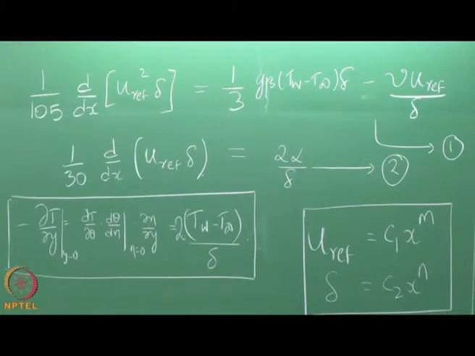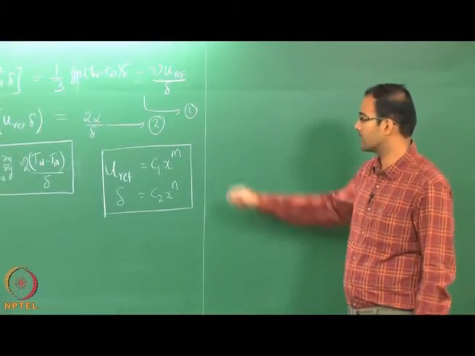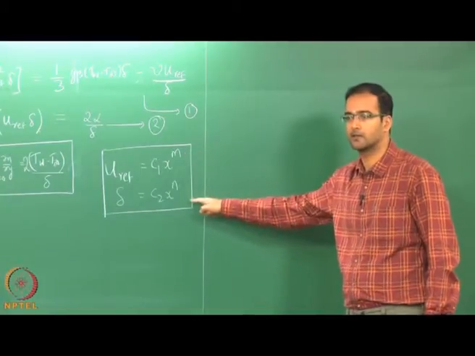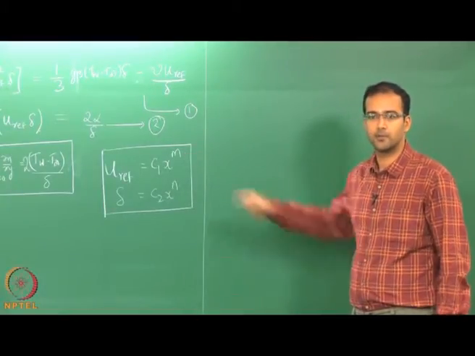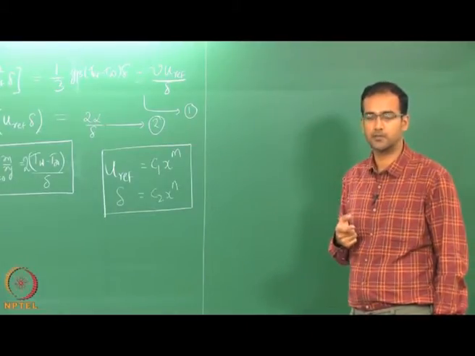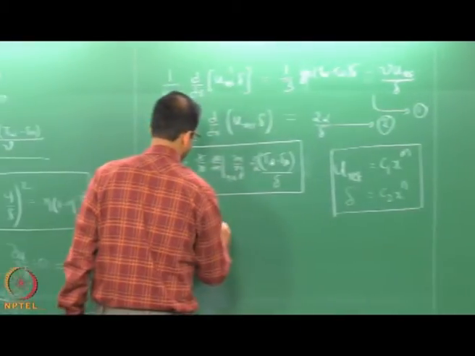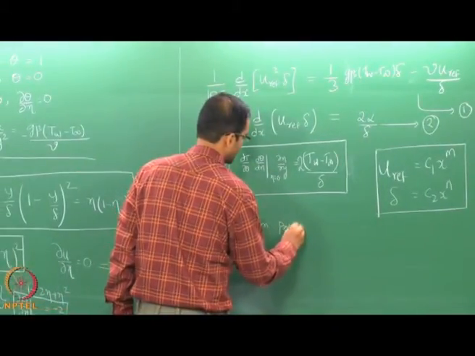From the scaling analysis, when we did the similarity solution, we know these exponents m and n. Do you remember what these m and n were? From the similarity solution, from the original Pohlhausen solution,